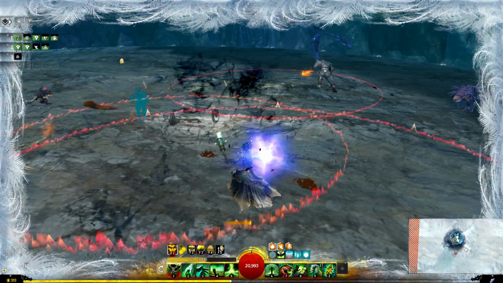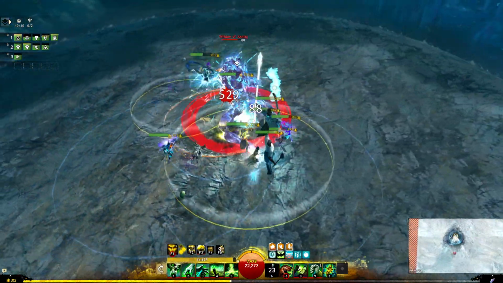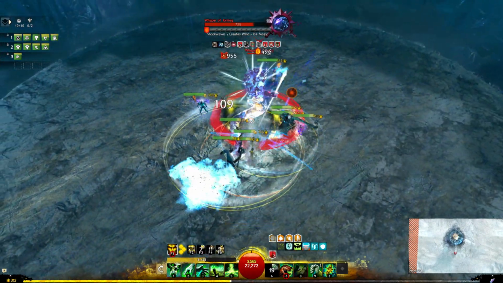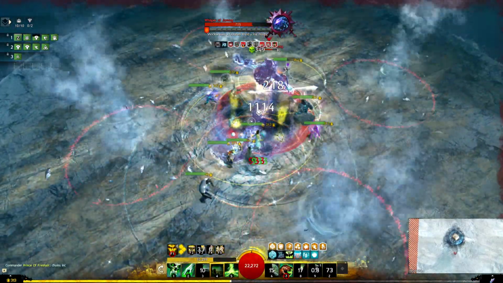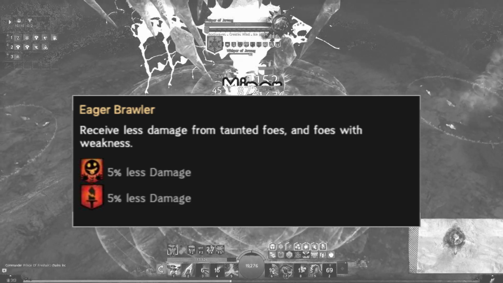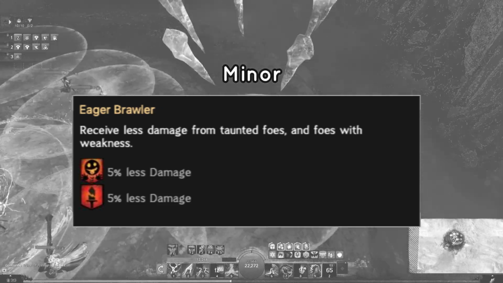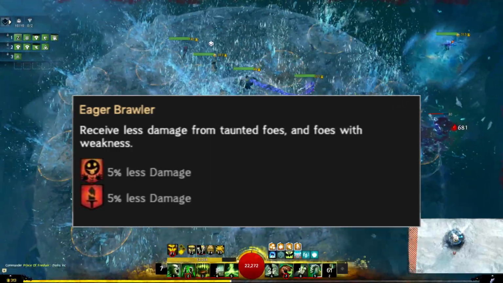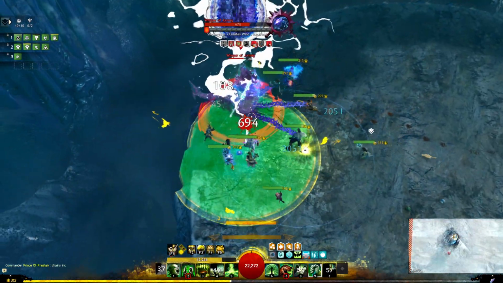Keeping in line with my other videos, I'm going to be showcasing a sampling of the minor traits and the Adept, Master, and Grandmaster. For this specialization, I've actually fully fleshed out both of the minor traits, so let's jump in. The very first minor trait is Eager Brawler. You receive less damage from taunted foes and foes with weakness. This is 5% less for each condition. So if you have an enemy with taunt and weakness, you're going to be getting a net gain of 10%